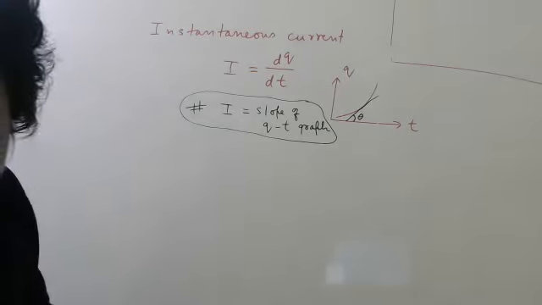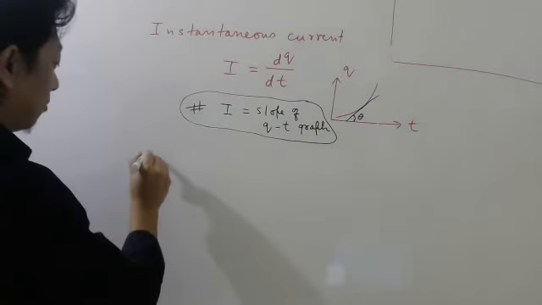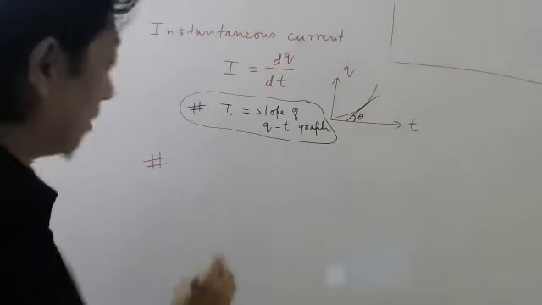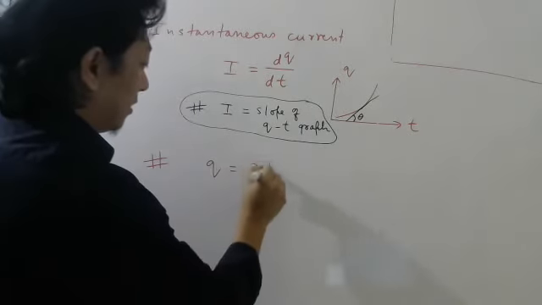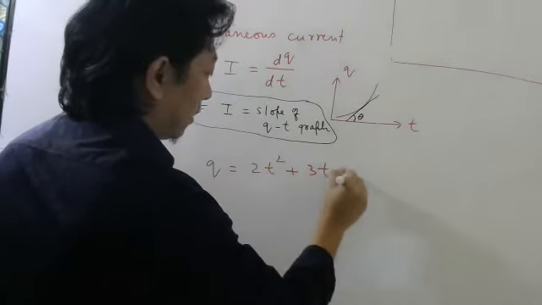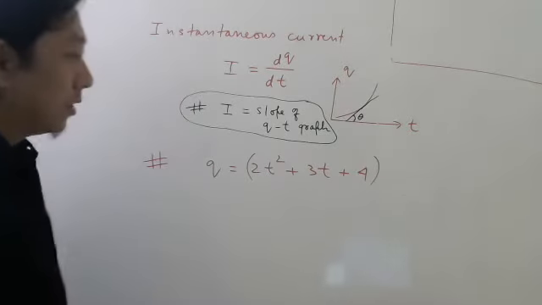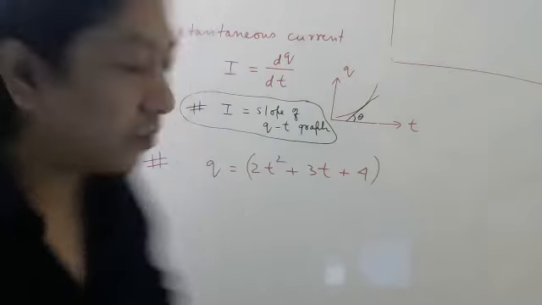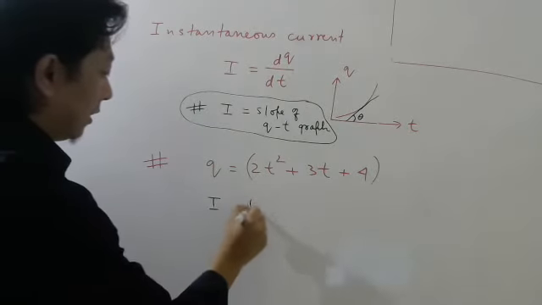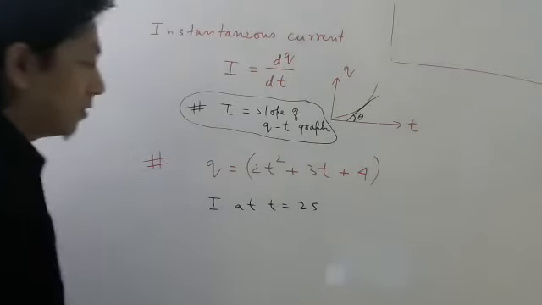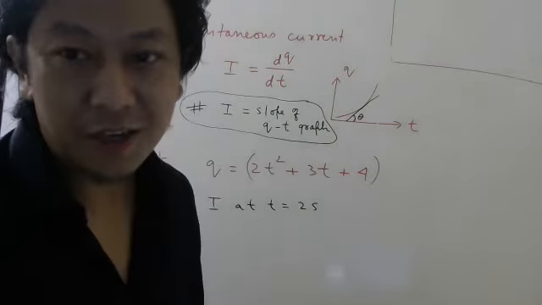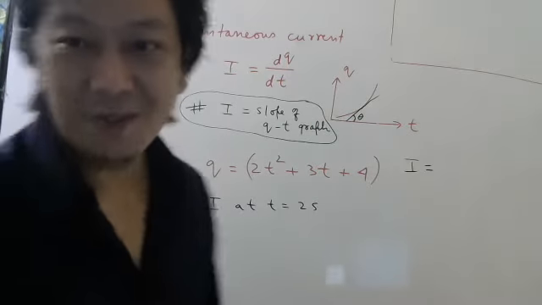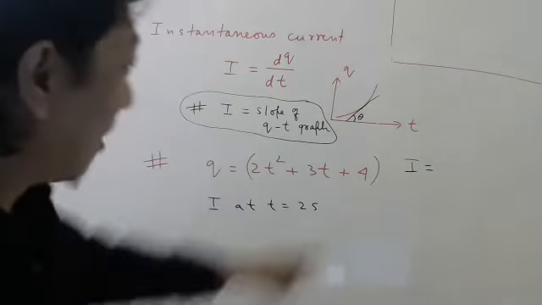Let us do one simple problem just to apply this formula. Once I write hashtag, it is only for entrance. Look carefully. So charge is flowing like this, let's say. So this is the function for the charge in some wire or something. They are asking you to find current at t equal to 2 seconds. So we can do it now, because differentiation you are expert now. In first PU the physics teacher only taught. No? Okay. So how to find current?